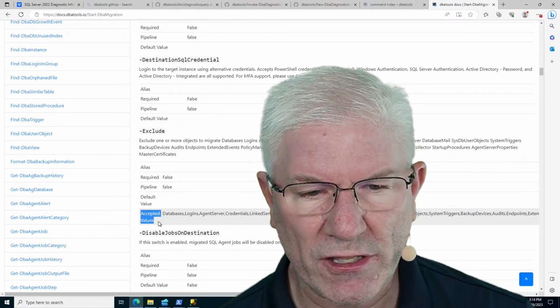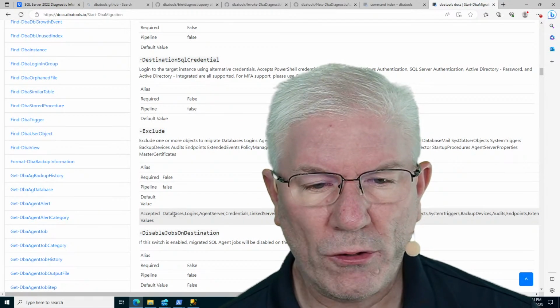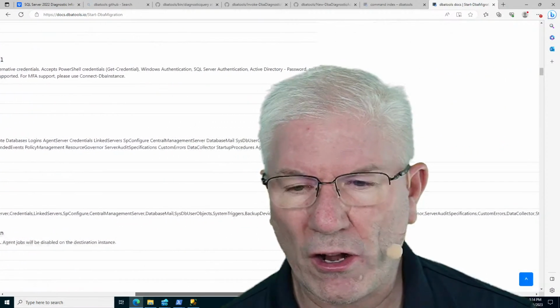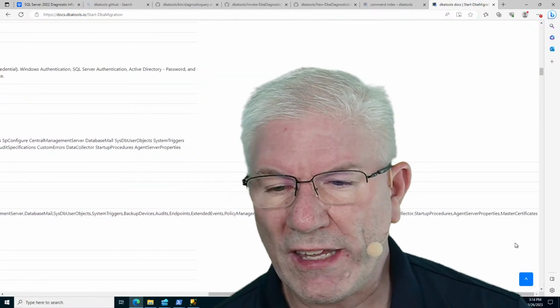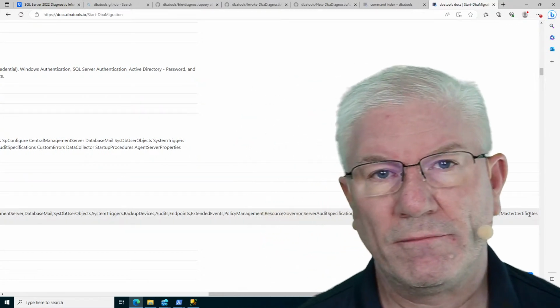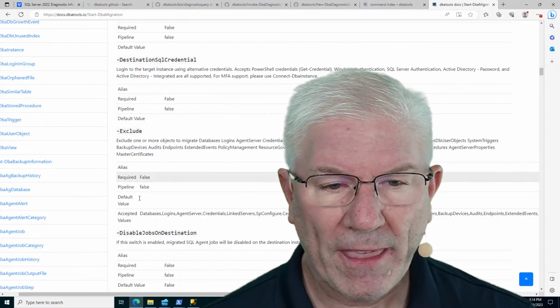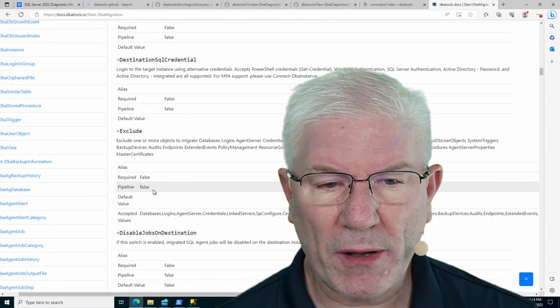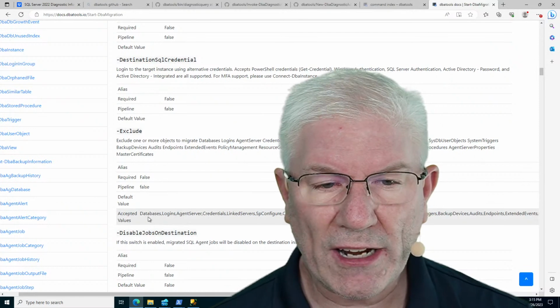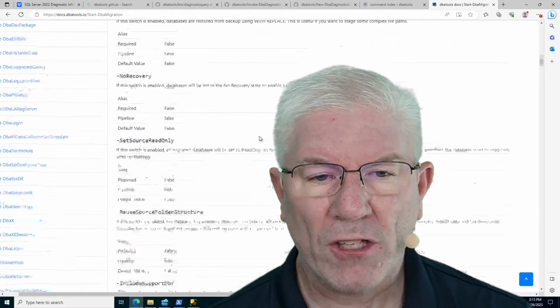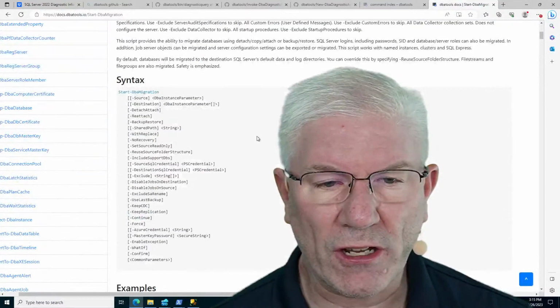So accepted values is here. And you can do databases, logins, agent server, all of these things that go on and on and on. So if you get to know these, or you have your favorites, remember that this exclude property isn't required and it isn't in the pipeline at all. So you can actually go here. Now, one or more objects to migrate. So if I go up here and look at the definition of exclude,